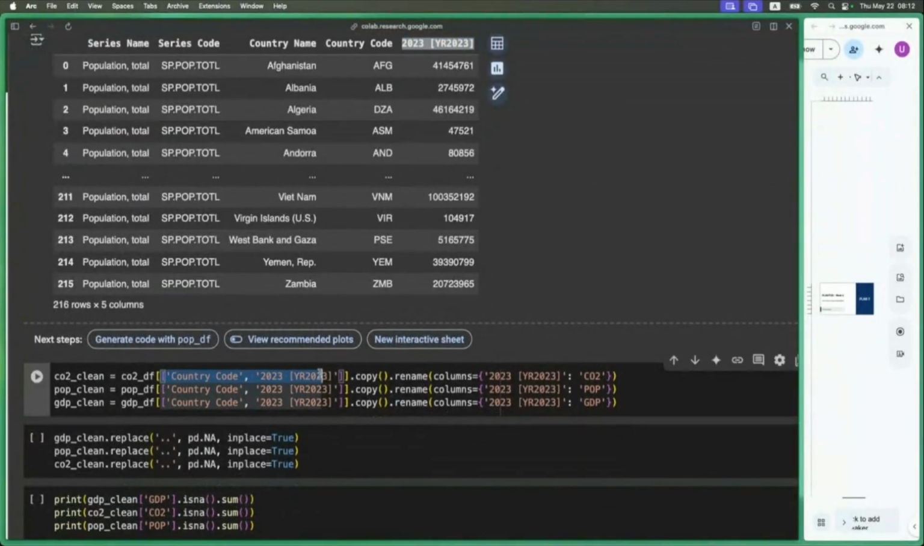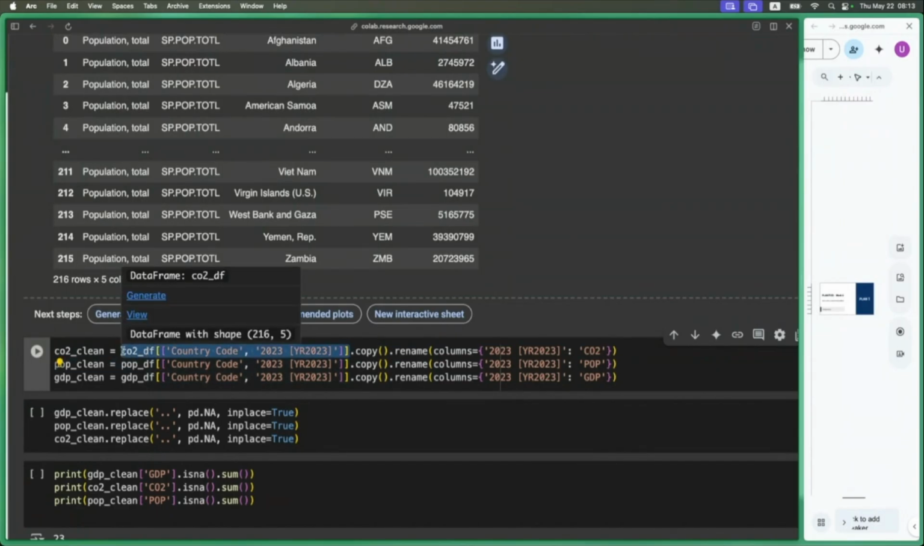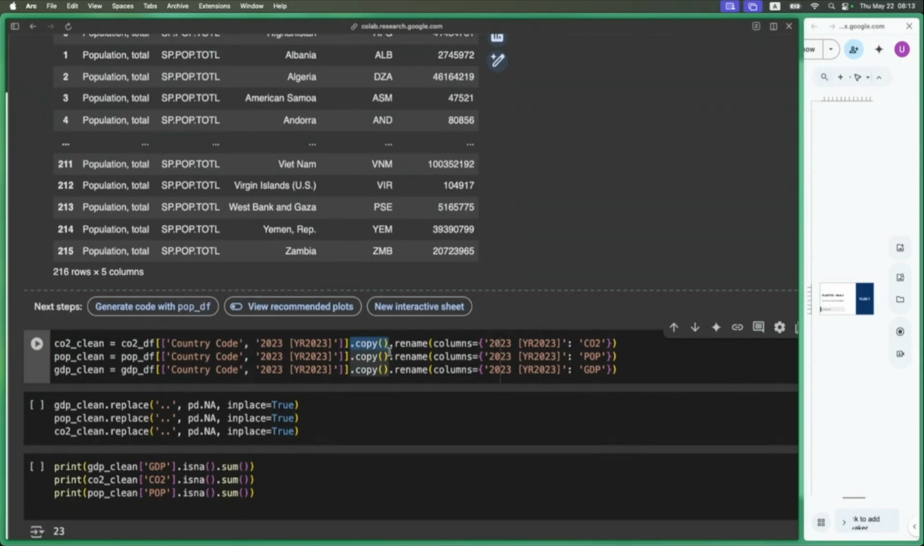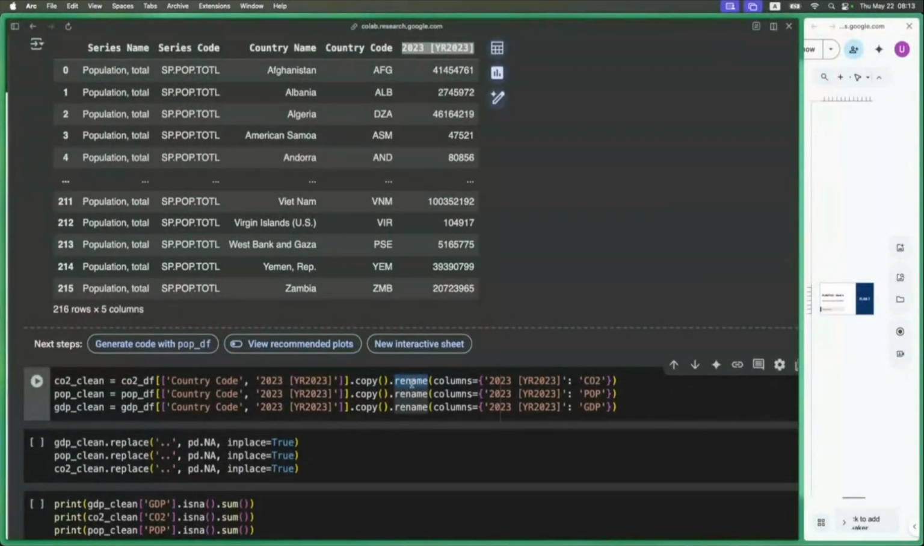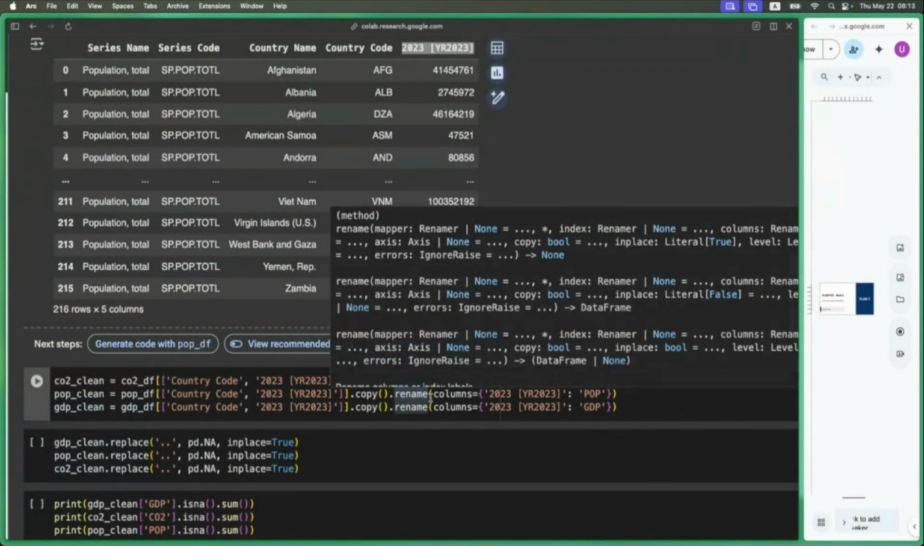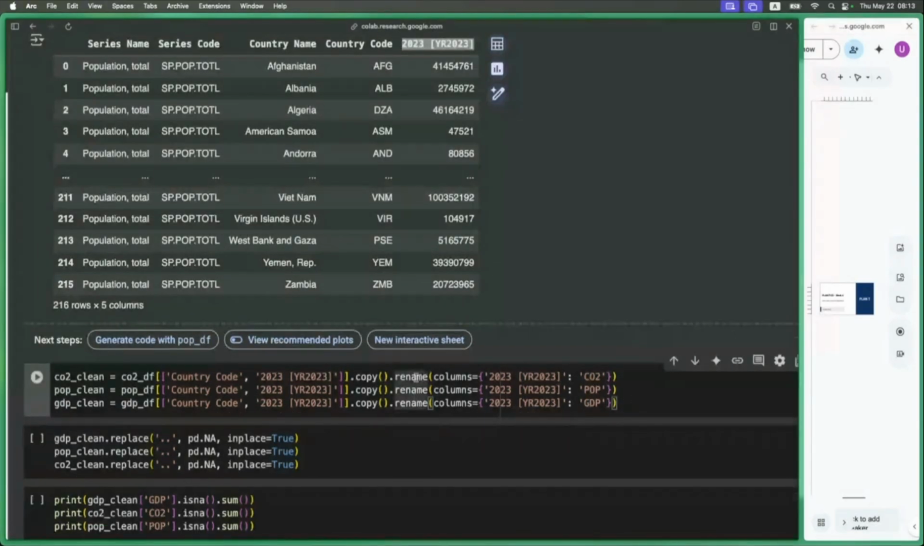By using a list within a bracket next to a data frame name, we have selected those two columns. And then that'll give us a view of a data frame, and we need to make an actual copy of it. So we used a copy method to copy it. And then we used a rename method in order to rename the column names. The column names have been renamed to CO2, POP, GDP, etc. And in order to do that, we give